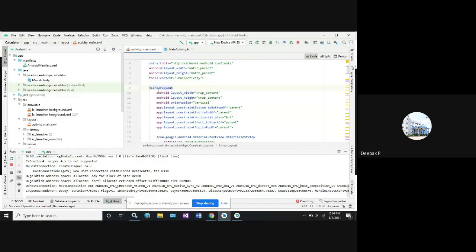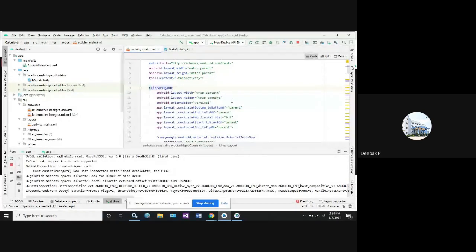This linear layout will be applied to the overall screen of my app. After that, we go to the subpartitions, but before that you need to develop an overall layout of your screen. Next, android:layout_width with wrap_content. Wrap content means whatever you show in the text view will be displayed as wrapped.